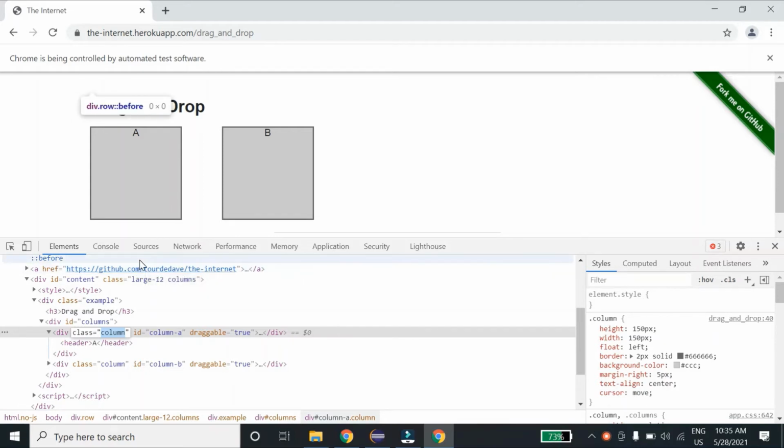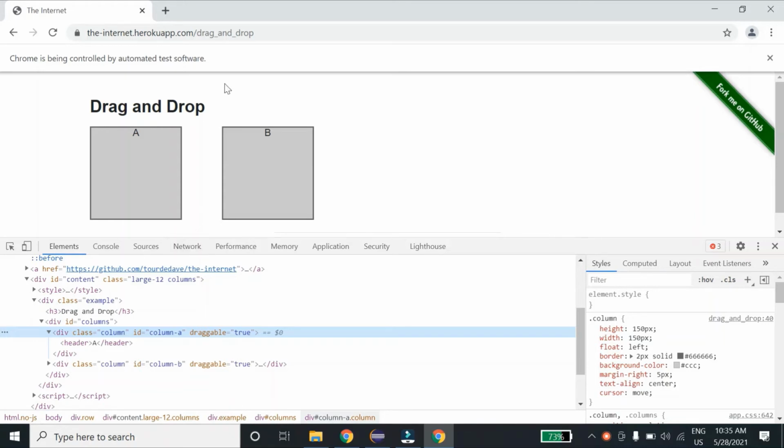And if I talk about tag name, then tag name is this div. For this, the tag name is div. Again, this is not the only tag name associated with the element. It is associated with multiple elements, so we cannot use this as well. I hope guys this is clear now.